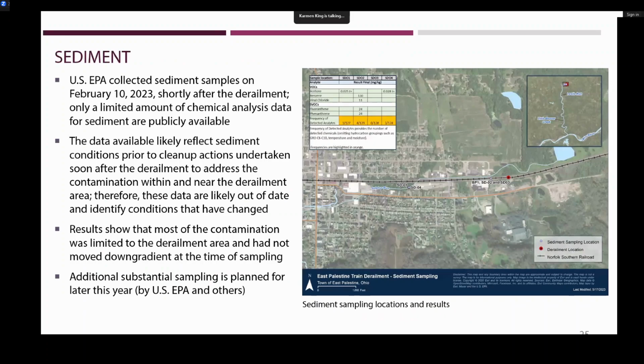Sediment. Sediment was also collected around the derailment site, and you're looking at a map that I pulled from the document again that depicts the sampling locations. There are only a few data points available for this environmental material at this point, and similar to surface water, there were a lot of chemicals that were analyzed for. For the sediment sampling data set, there was approximately 128 chemicals that were analyzed for, and only a few were